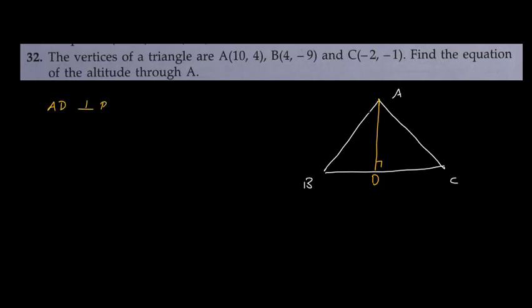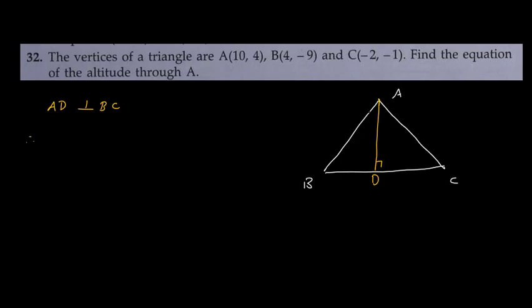And now here in this question, the vertices of triangle A, B and C, find the equation of altitude through A. So before you proceed, you must know what is altitude. Altitude is nothing but a perpendicular drawn. So altitude from A means perpendicular drawn from A. I will say that AD is the altitude and I have to find equation of this AD. You can easily see that this AD is perpendicular to BC as well as it is passing through point A.